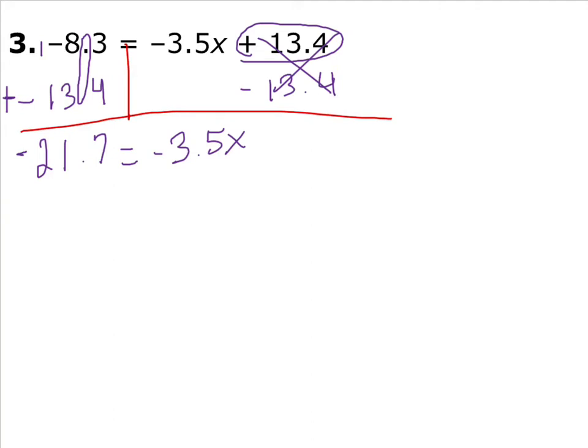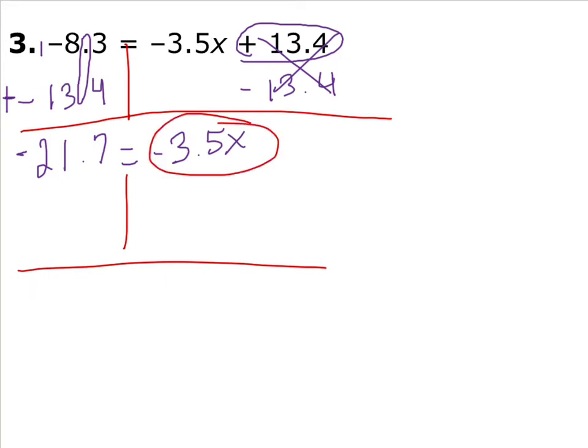Now, we know the next thing we have to do is draw our balance beam again. Now we're going to have to get rid of this negative 3.5. Well, we know that 3.5x means multiply, so we have to divide by 3.5, actually negative 3.5, I guess, on both sides. So my 3.5's cancel, which leaves you with just x equals,